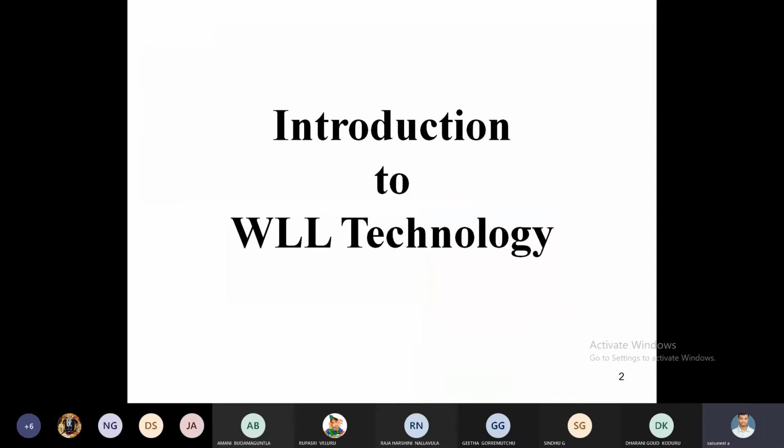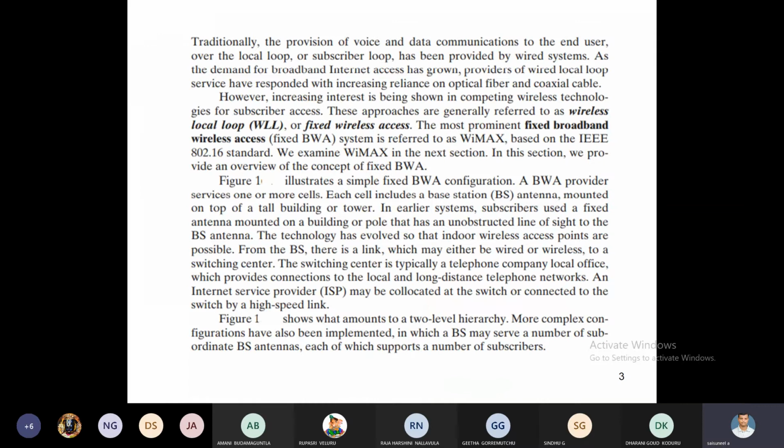Before going to wireless local loop technology, first we discuss how the internet is accessed through the PSTN network. What is the PSTN network? PSTN is nothing but the public switched telephone network, which is nothing but landline telephones. What service are we using on a landline connection? Basically voice transmission. But by using a modem to connect to a landline telephone, the same network can be used to connect to internet access.